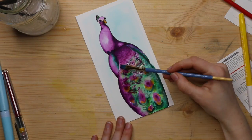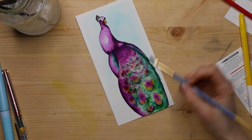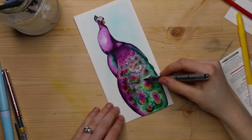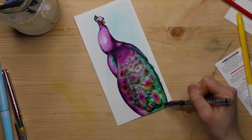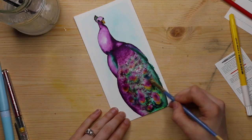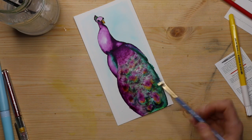So this is what I was talking about, where I started adding the purple and it got a little bit muddy, and then later I go in with the pen, but my laptop's complaining that I don't have a lot of storage space, so we cut that part out, and you'll see what it turned out like in the last little clip. I think it turned out okay considering I've never used these pens before, but let me know what you guys think in the comments,